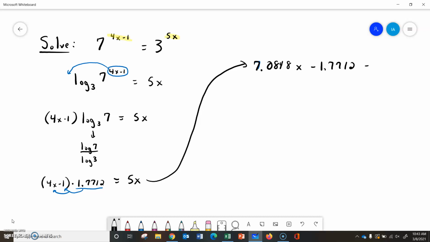1.7712 equals 5x. So I want to get my x's on the same side, so I'm going to pull this 5x over to the left hand side. So I'll have 2.0848x, and I'll pull the negative 1.7712 over to the right hand side, so it'll be positive 1.7712. And then I'm going to divide out the 2.0848. So let's see here. I have 1.7712 divided by 2.0848, and that gives me approximately